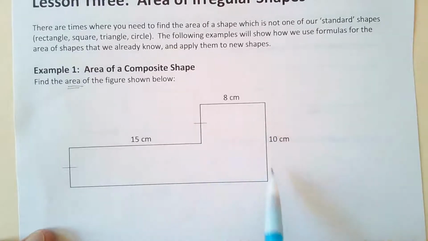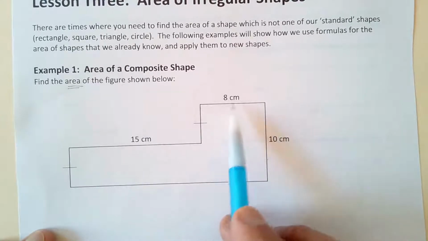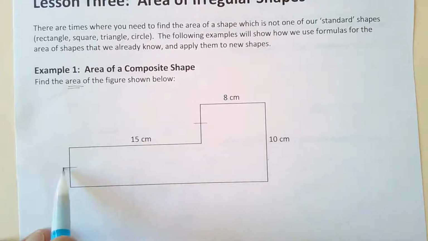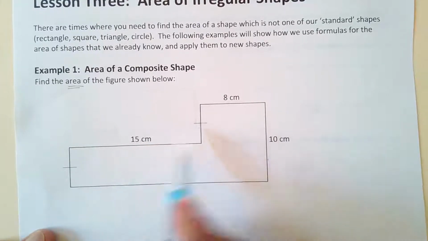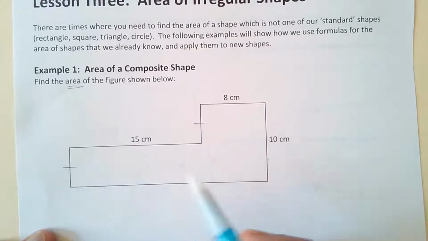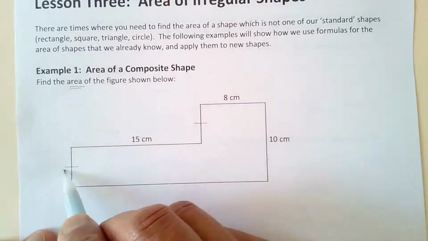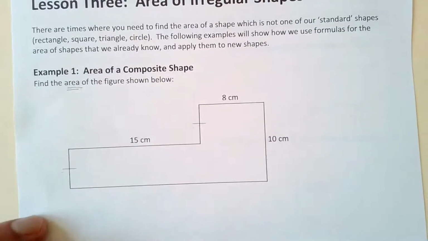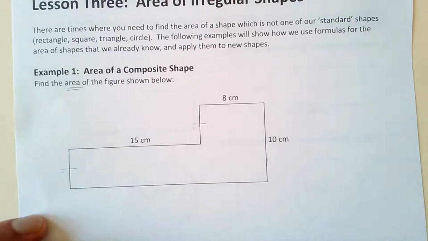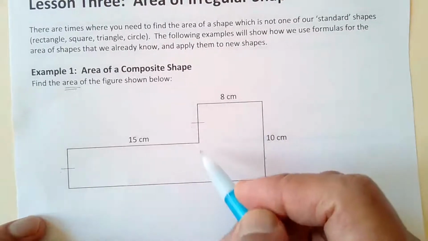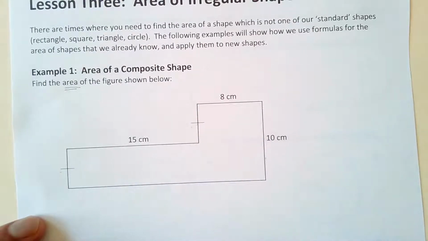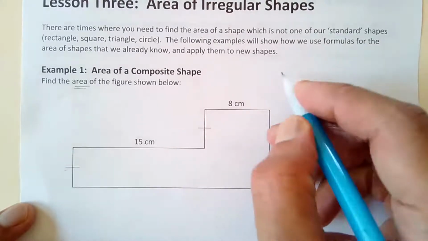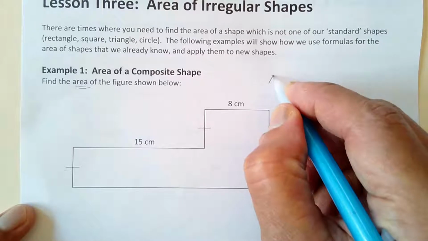Now, if I look at the sides here, this is 10, this is 8, so this will be a rectangle. This here is 15. Now, when we have a line across there, it means these two sides are equal. So once I know one measurement here, I know the other. That's what that means. They're equal. Since we know this will be composed of rectangles because there's no circles or triangles here, we can safely write down the formula for a rectangle,